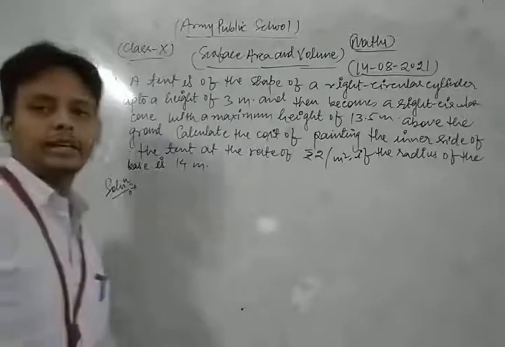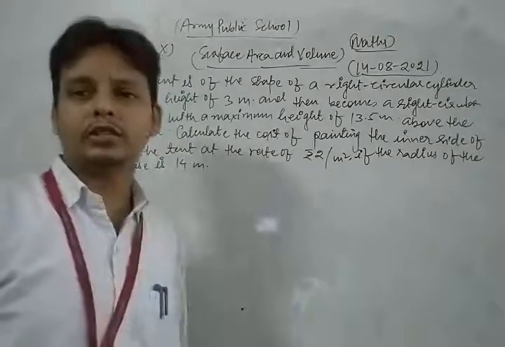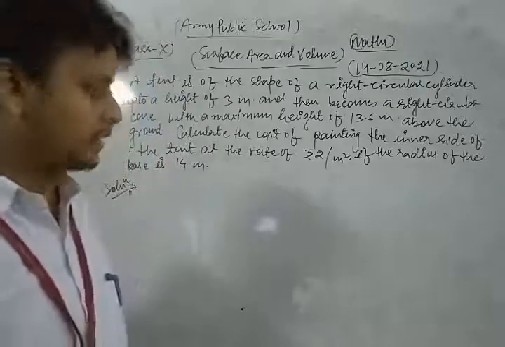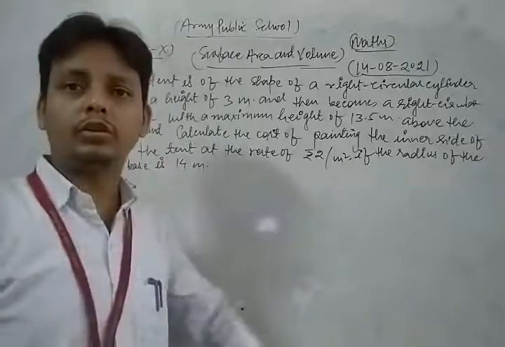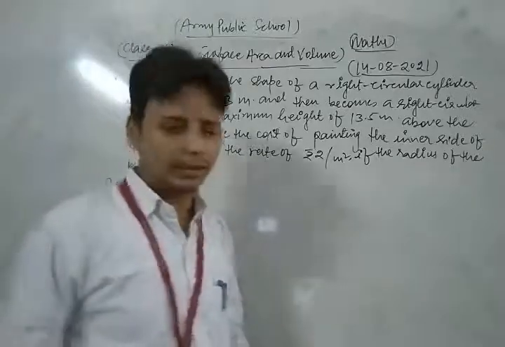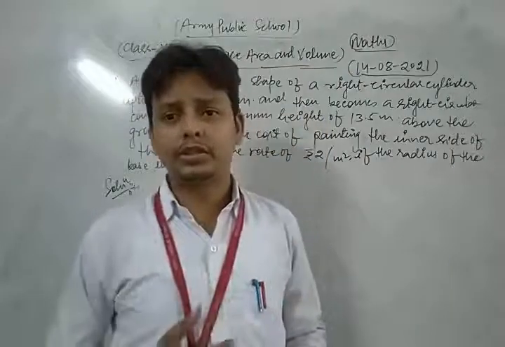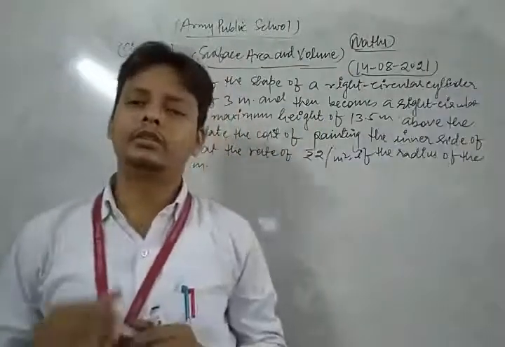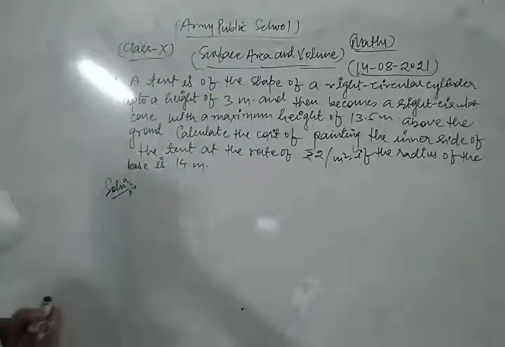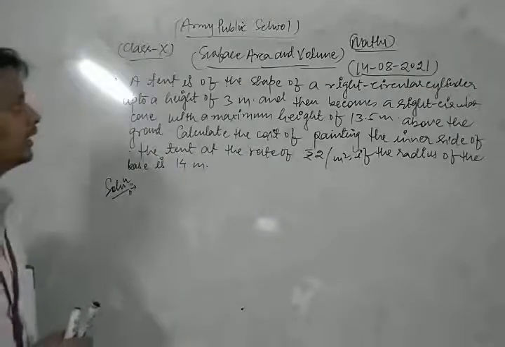Yes, friends, this is a very important question which came in a previous year board examination. So please concentrate on this question. First of all, read that type of question very carefully. After that, we draw the figure according to the question. Then we solve the question. So let's see. The question is, a tent is of the shape of a right circular cylinder up to